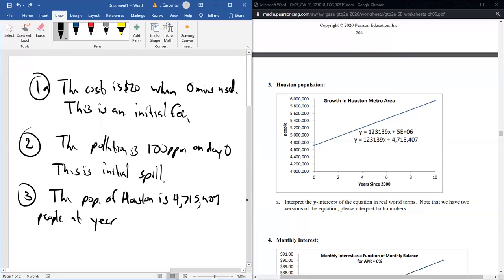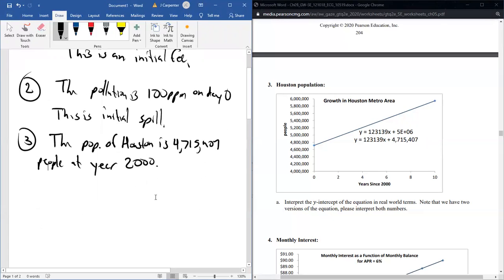We weren't really heading west until sometime in the early 1800s, right? All right, so we can't say it's at year 0, but that's because this is years since 2000, so that's really at the year 2000. This is a very, very common way of doing a population model. That way we can make it a simple model like a line instead of a more complicated model like an exponential, like we'll see in chapter 6, or even worse, like a logistical model, which I'll never even show you in this course because it's out of our pay grade.